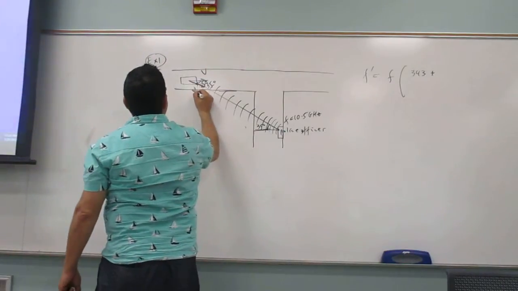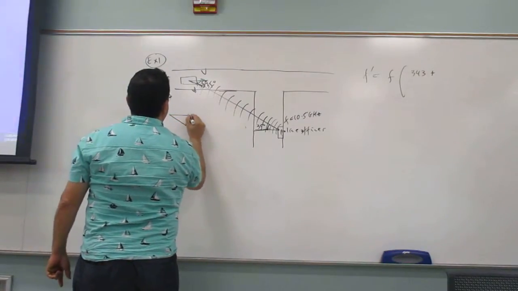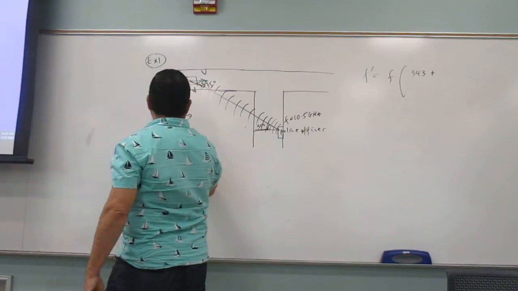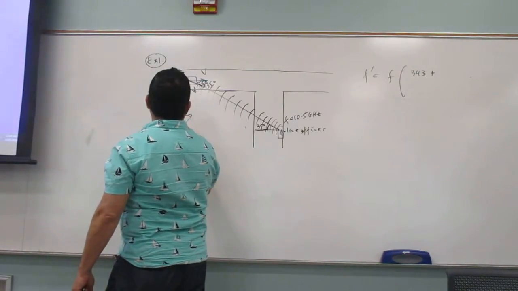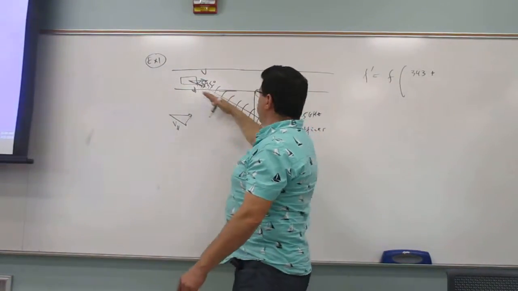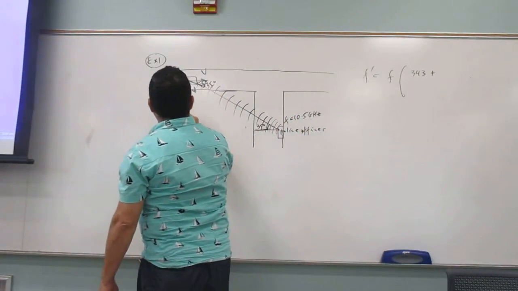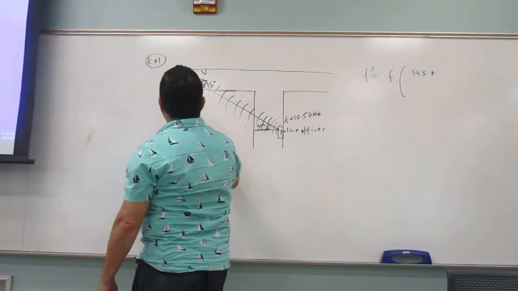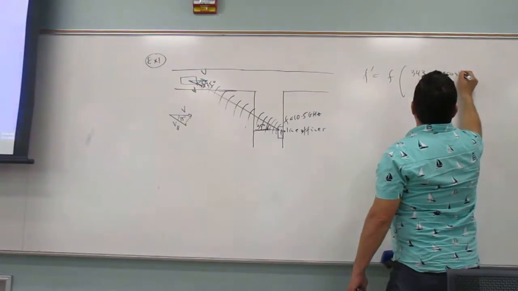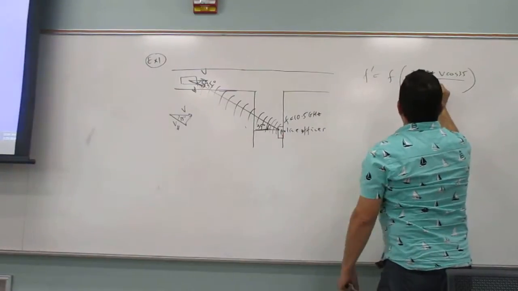So this V, the one that's coming this way, because it's a triangle like this, is a portion of the total velocity of the police car, right? So V, we can call it V parallel. Why? Because it's along the direction of the police car's line of sight, you see? And then this is V, so then this is 35. So we can say V parallel is V cos 35, over, and then this guy's velocity is 0, so it's just 343,